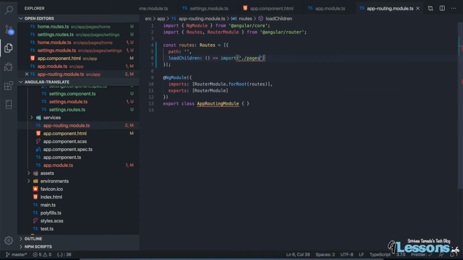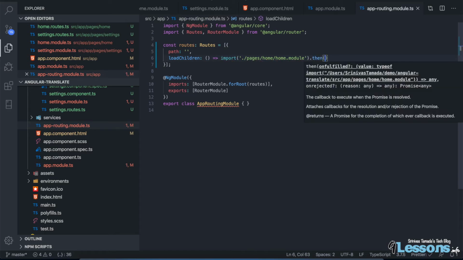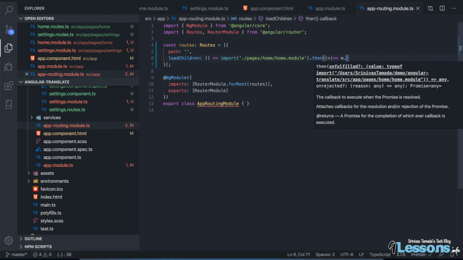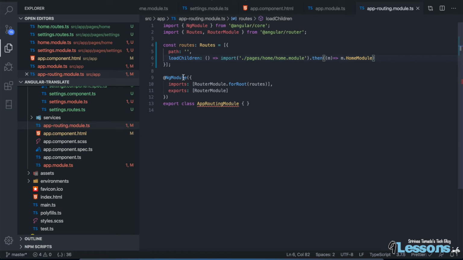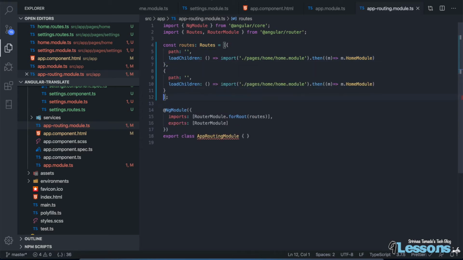Basically it goes to the pages, home, and the home module, and this is a promise. So let's get the response and specify m.HomeModule. That's it. So the same structure you can reuse, just paste it, and here I'm